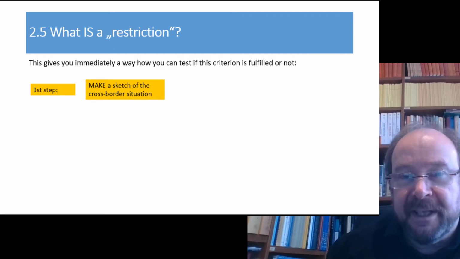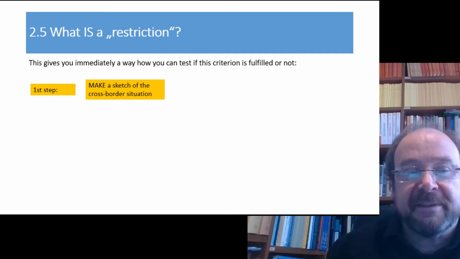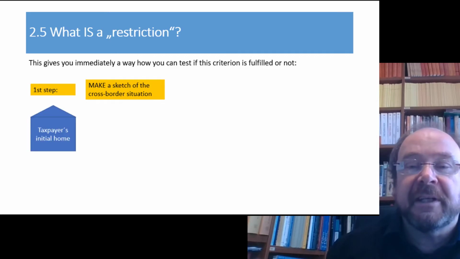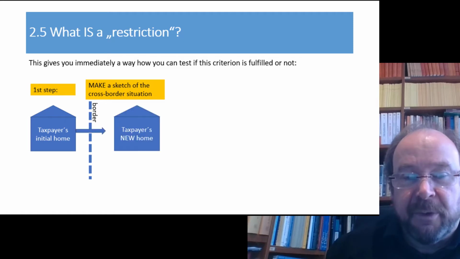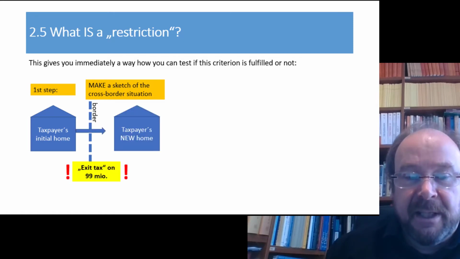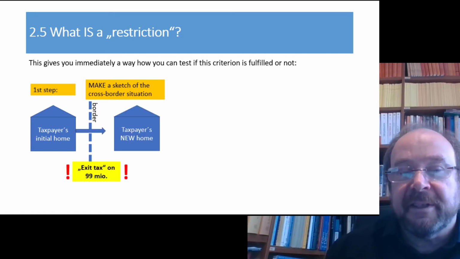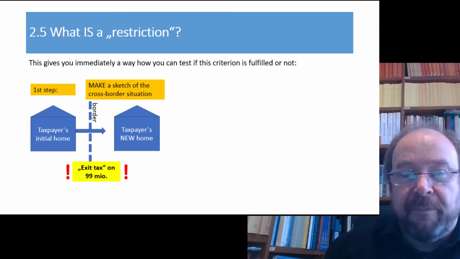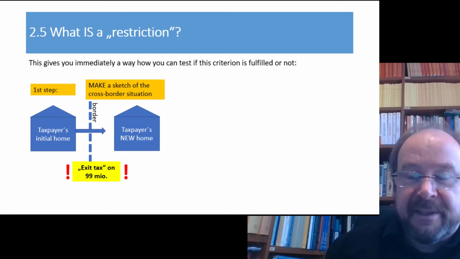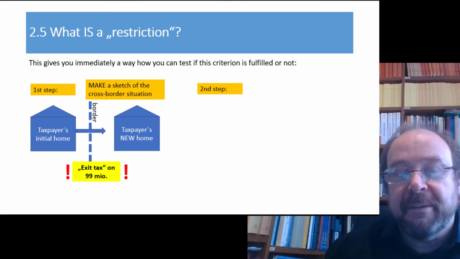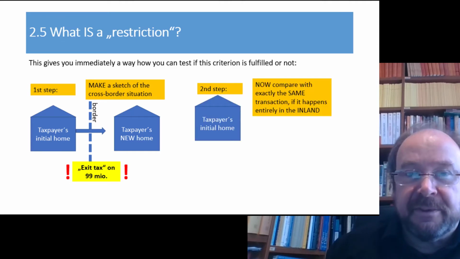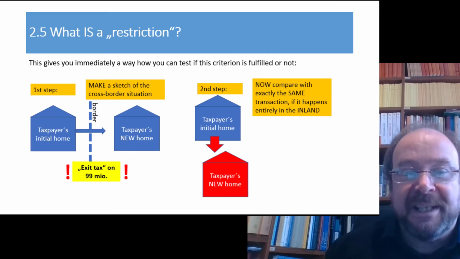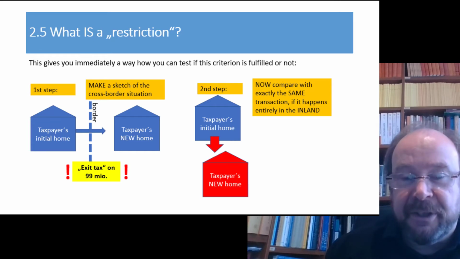For example, in our exit tax situation, we have the taxpayer's home first in the inland, then we shift it over the border abroad, and we get an exit tax of 99 million. Now you make a sketch with exactly the same situation happening in the inland. The taxpayer has a home, the taxpayer changes home to another location, but now by definition in the inland,